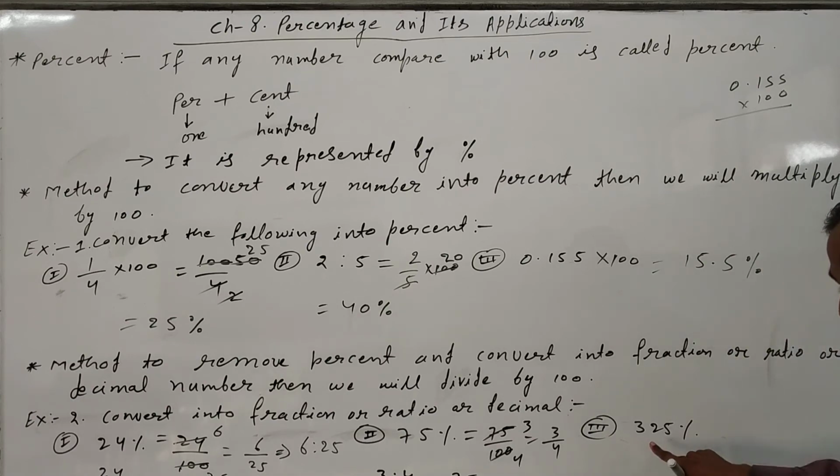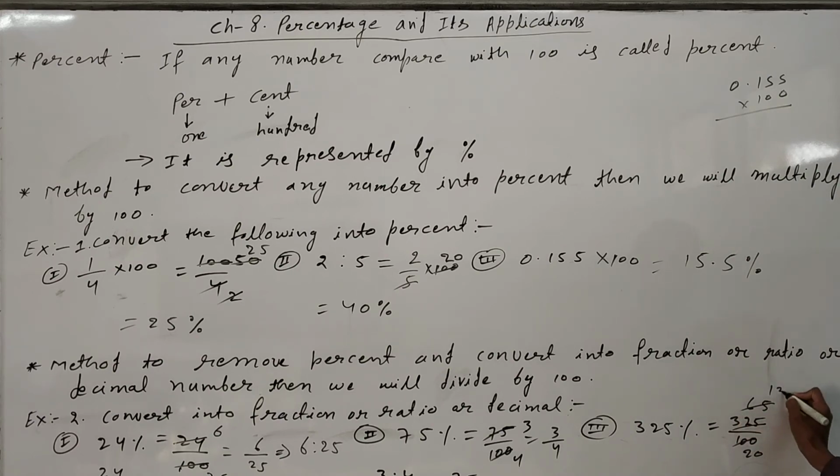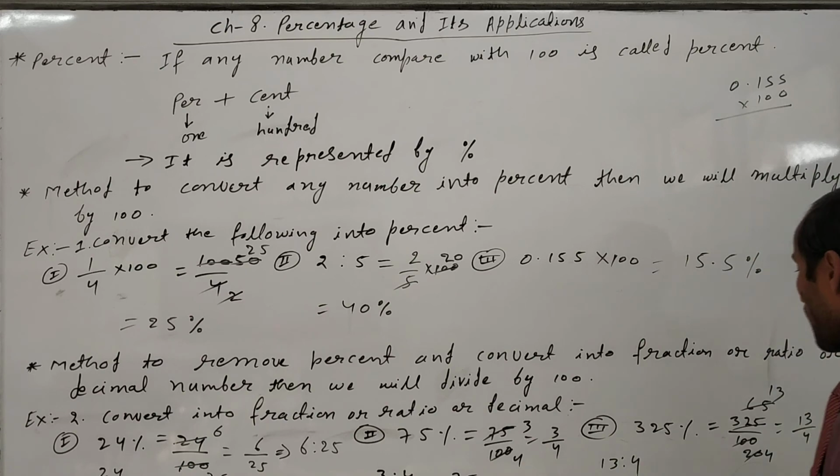Now this one is a percentage. We have to convert it into a fraction first of all. So 325 upon 100 will come. Now we cancel out by 5. Here 65 and 5, and 25 by 5. After that you can simplify once more, 13 by 5 and 4 by 5. So it will come 13 upon 4 in the simplest fraction. Or you can write the ratio 13:4. Or if you want to convert into decimal, directly 325 upon 100, after 2 digits the decimal comes, so it will come 3.25. This is the final answer.